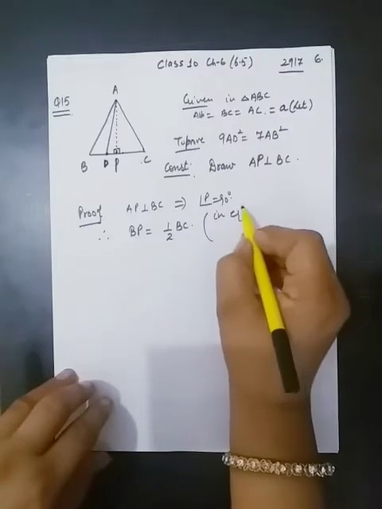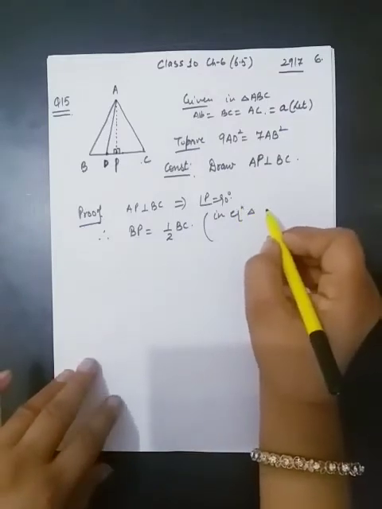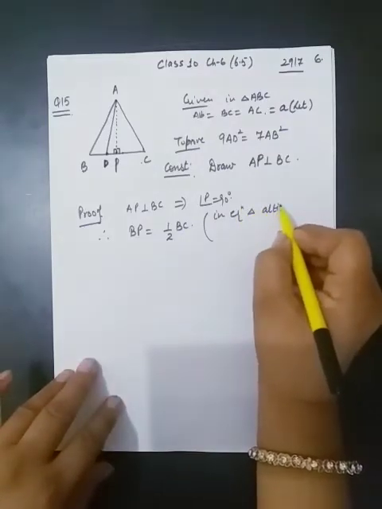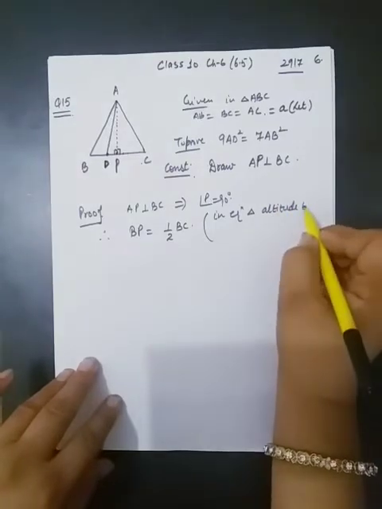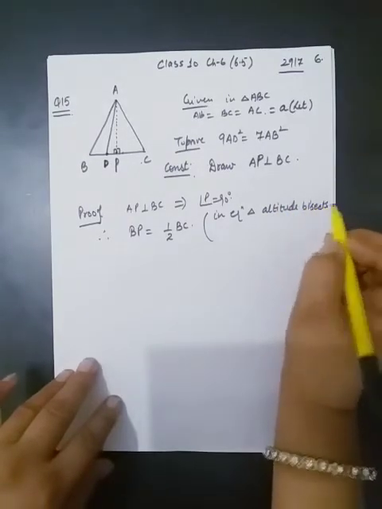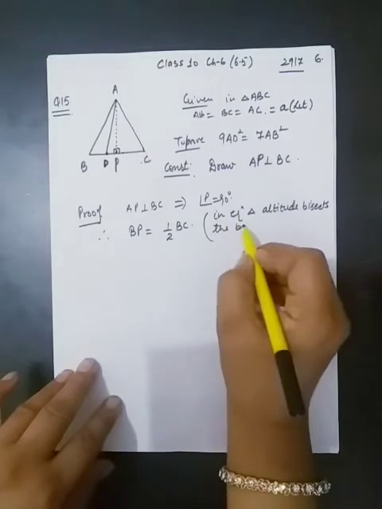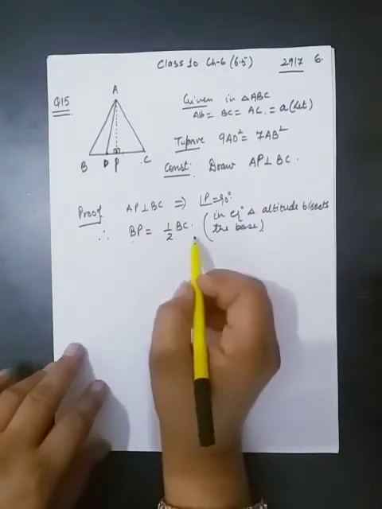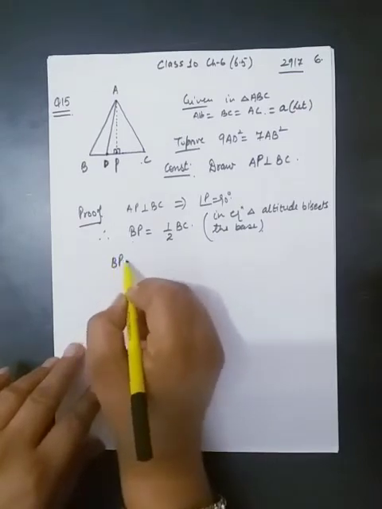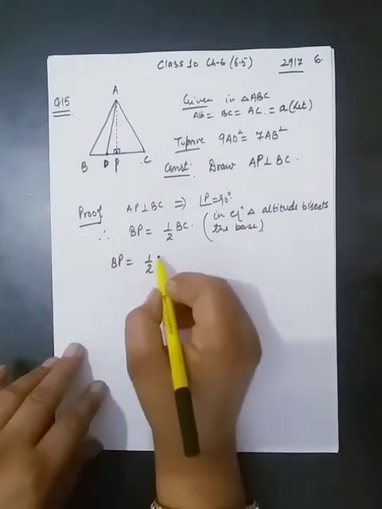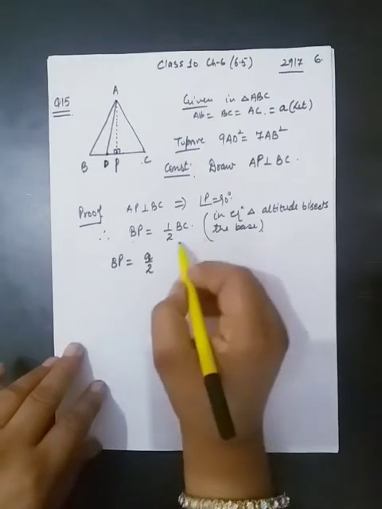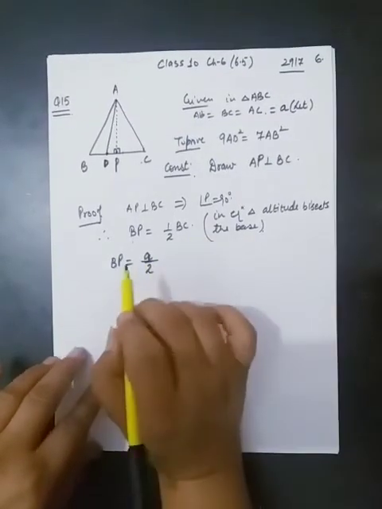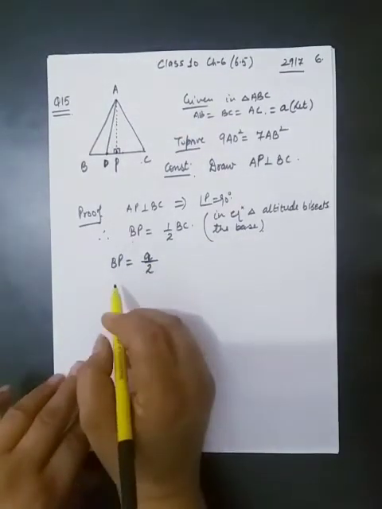altitude bisects the base. So by that property BP is half of BC, or we can say BP is equal to A/2, because we have assumed BC as A, and